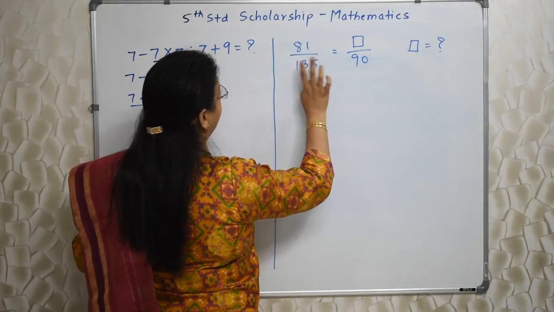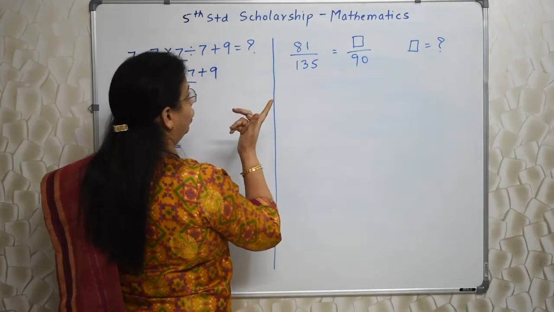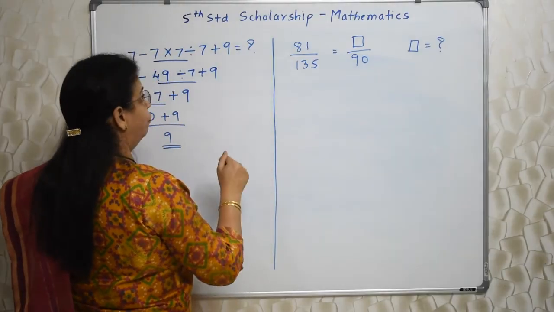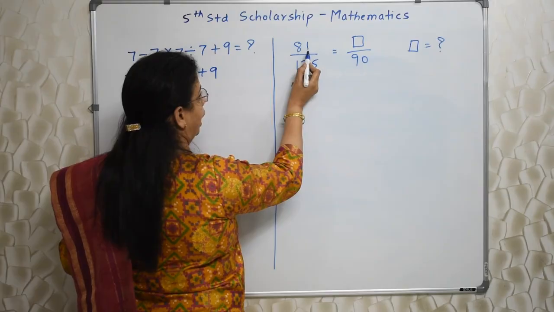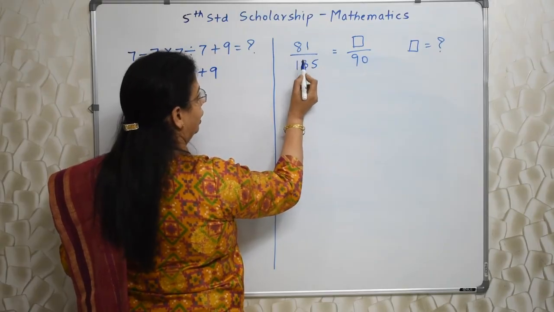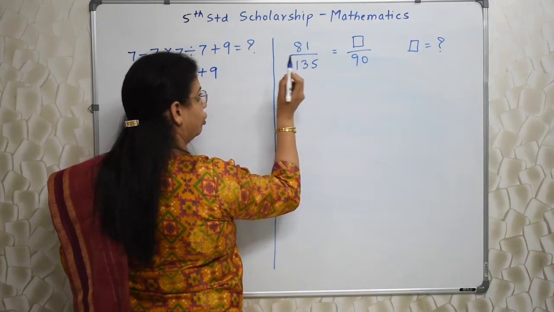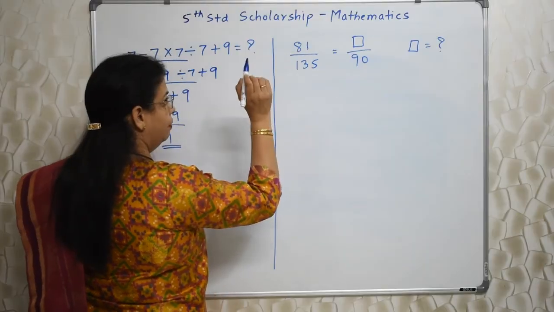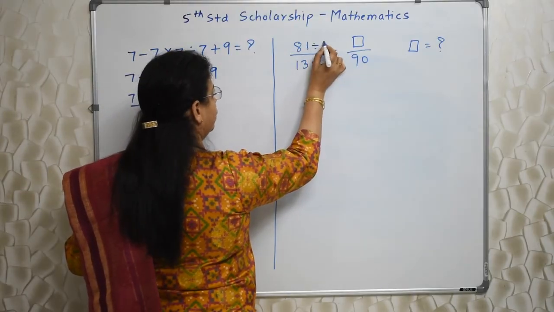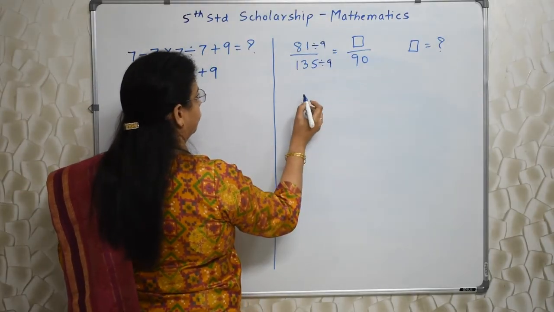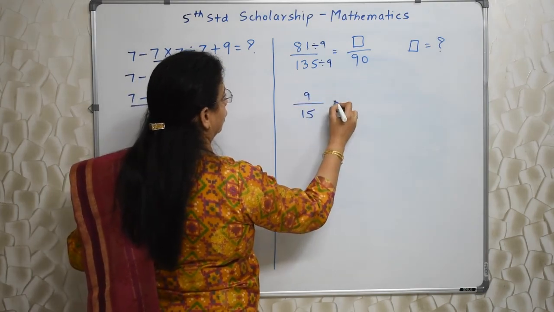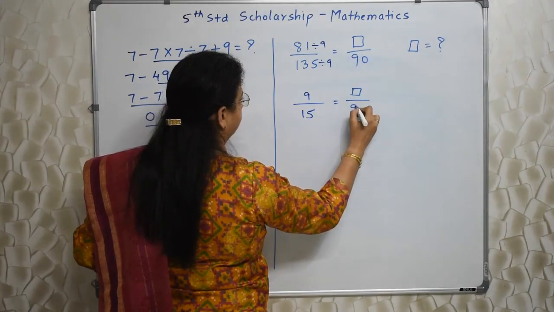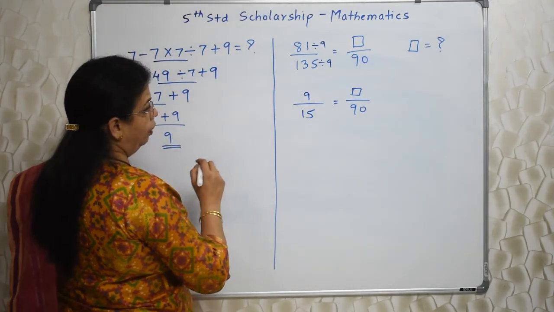primarily I cannot find any relation. So what we'll do, numbers are quite big, so my first job is to reduce the fraction. 8 plus 1, 9. This is divisible by 9. 1 plus 3 plus 5 is also 9. So both these numbers are divisible by 9. So I am doing division by 9. Let's see. So this is 9. This is 15. Okay. This will remain the same. Now can I find the relation?